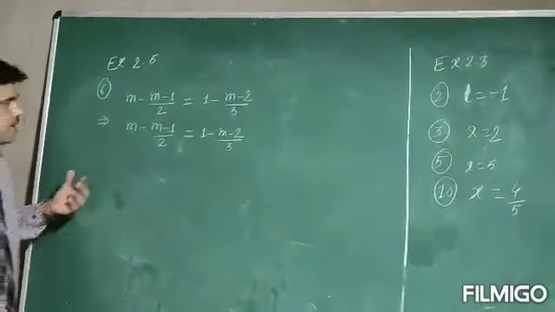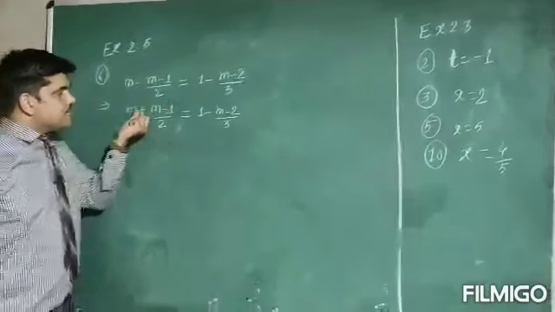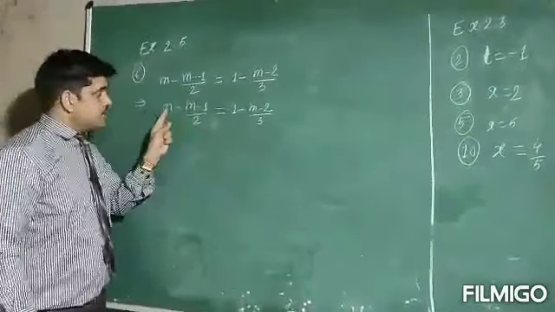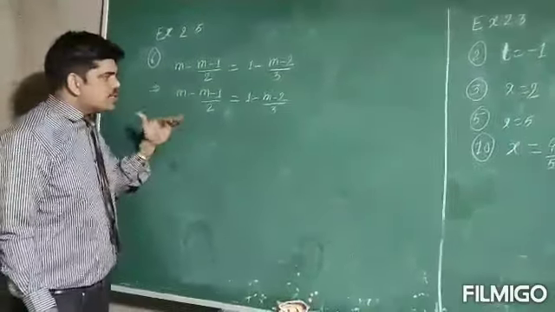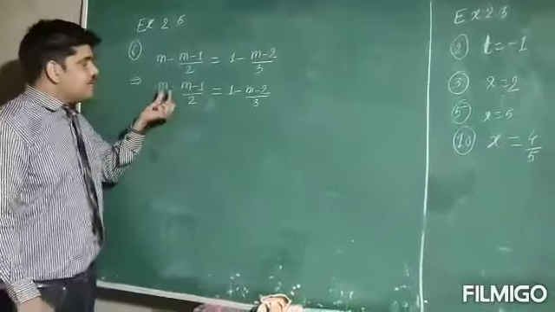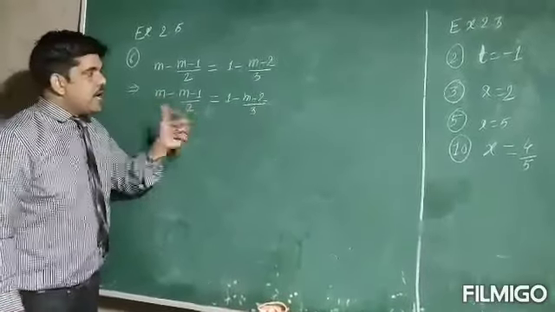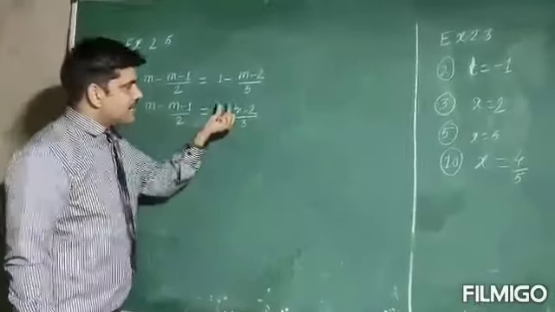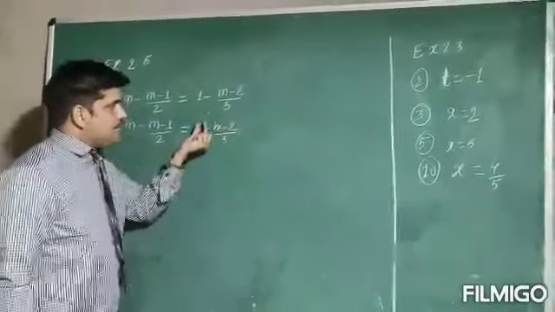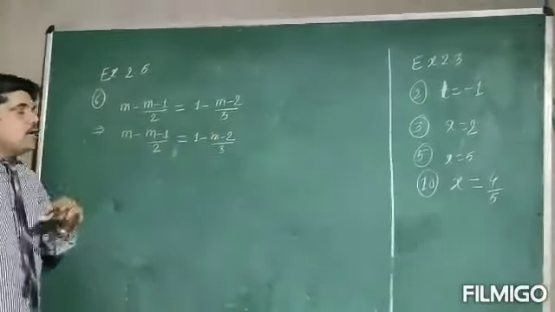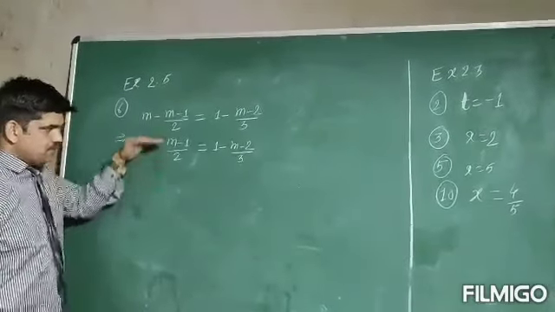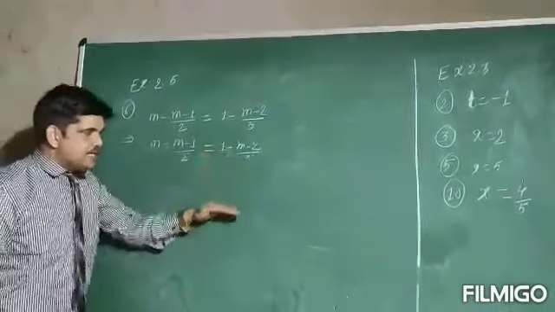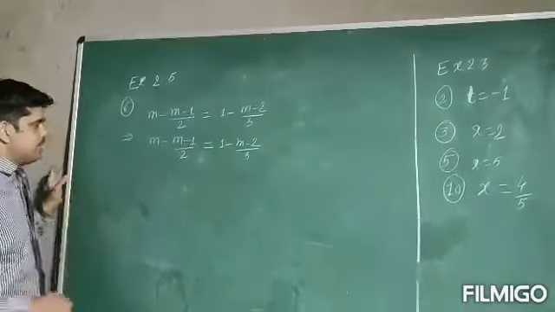If you observe here, this minus is for the whole term. This minus is not for only m. Remember this thing, because in this type of sum, the important thing is when the minus term is coming. Here also on the RHS, minus and m is there, so this minus is for the whole term. Now what we will do in this sum, we will first solve LHS and RHS separately, and then we will do the cross multiplication.